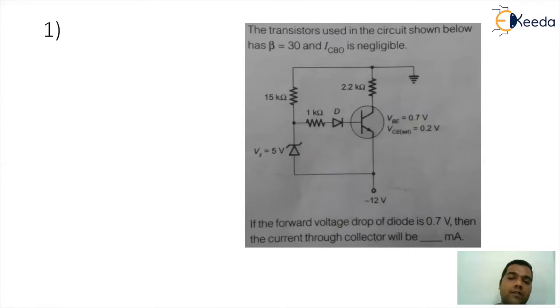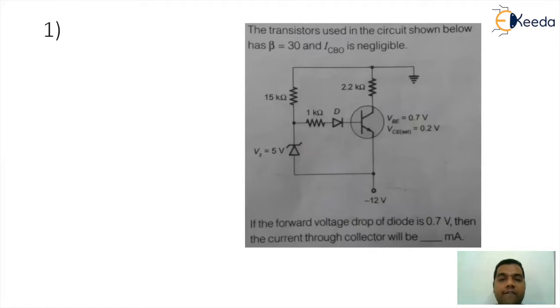So now the question is, how do we solve this? If you observe the circuitry carefully, at the node of the base we have a Zener diode which will retain the node voltage VZ as 5. Now, when I apply KVL to the input loop, which is my lower loop, there is a minus 12 volts, but it will not be considered because it gets cancelled out in the loop equation.